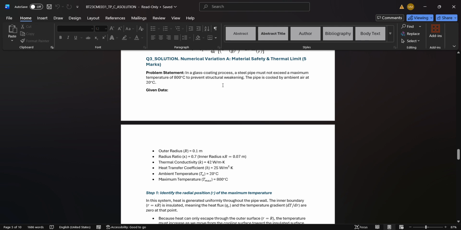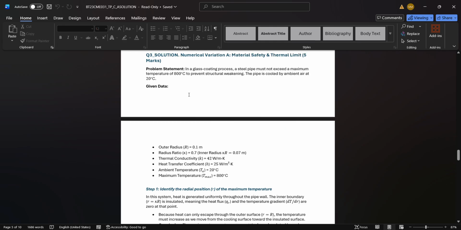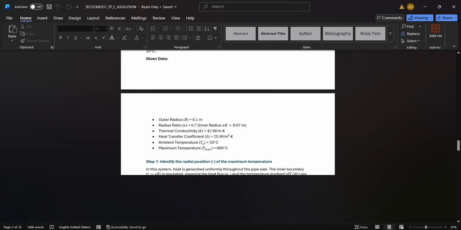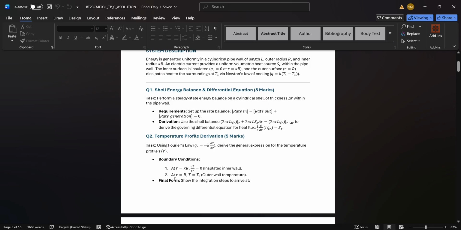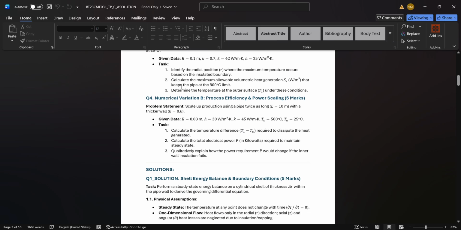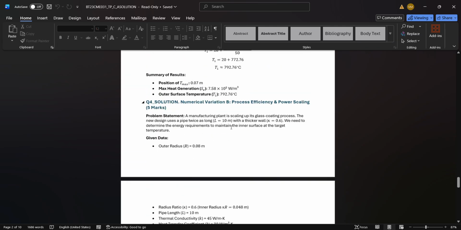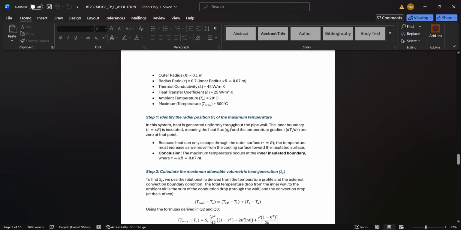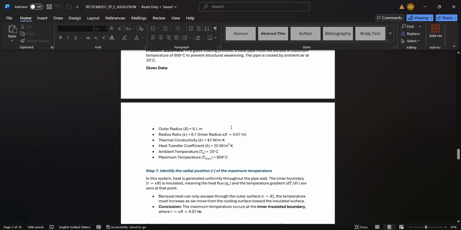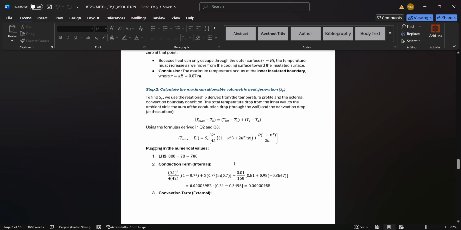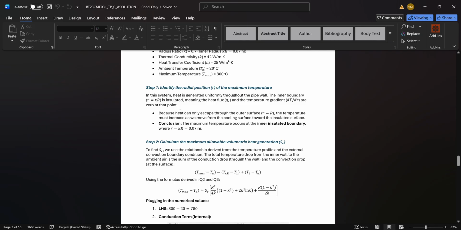Now we need to calculate some numericals, and the problem statement is this: we need to find the radial position r, calculate the maximum allowable volumetric heat generation S_E, and determine the temperature at the outer surface T1. So this data is given to us. Now what we need to do is